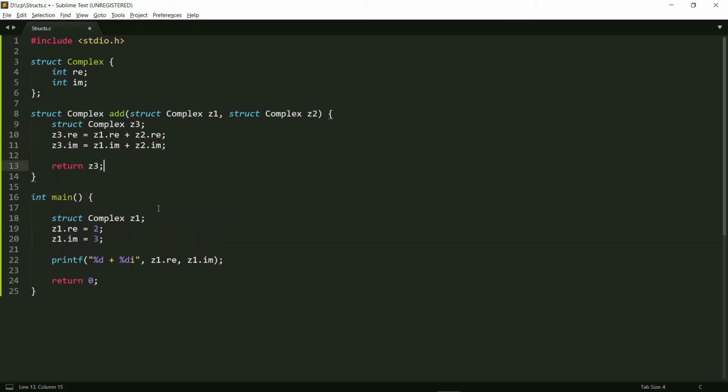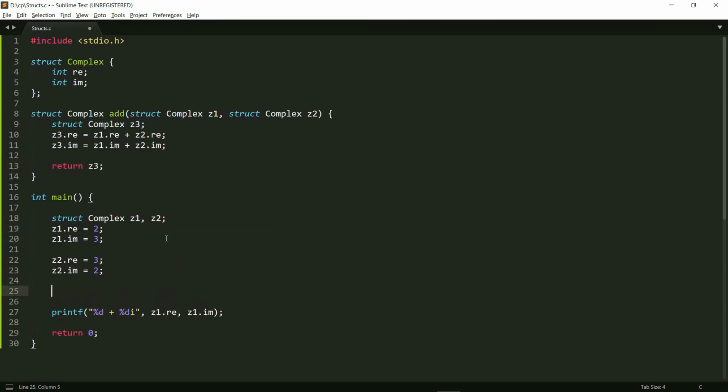And now what I can do is I can have a z1 and a z2 here, and I can set z2 dot real equals 3 and z2 dot imaginary equals 2.